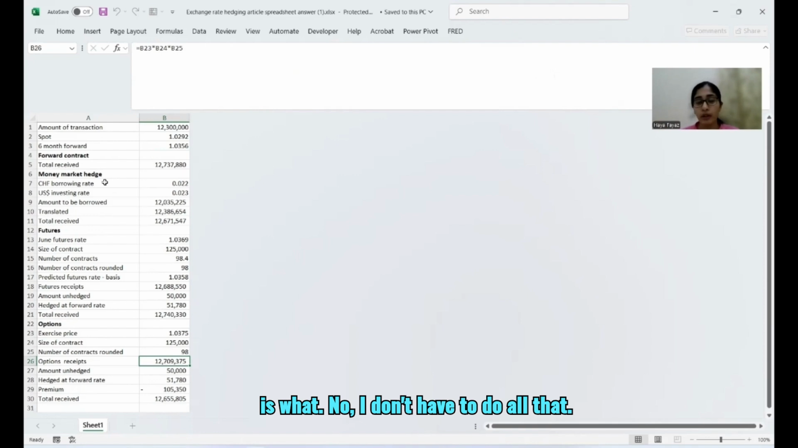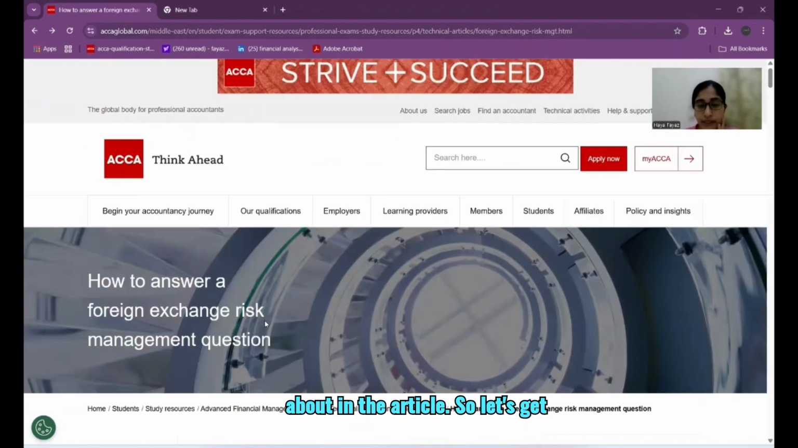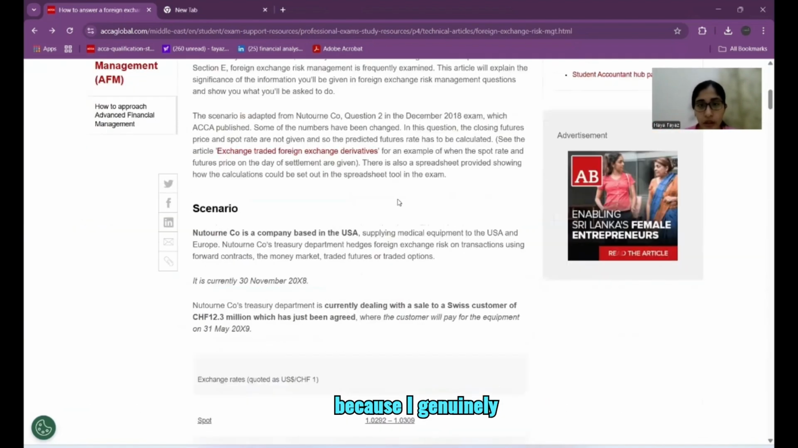No, I don't have to do all that. So that's how it should be in the exam, and this is what is going to be discussed in the article. So let's get started. It's going to be exciting because